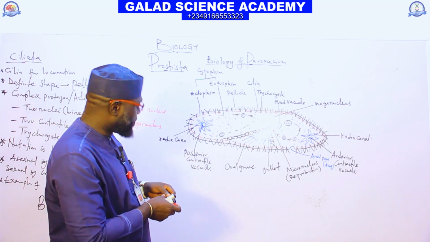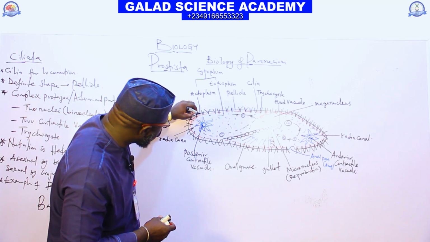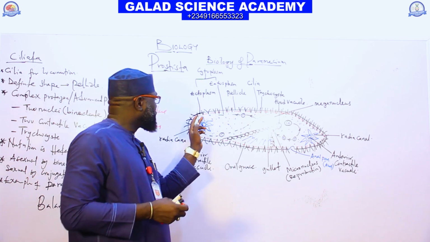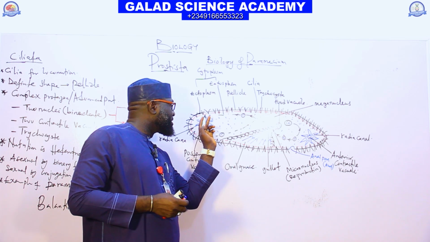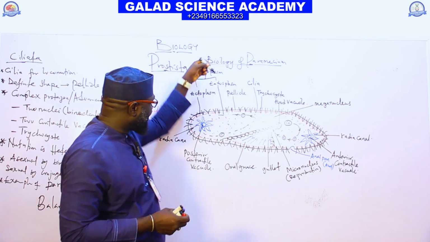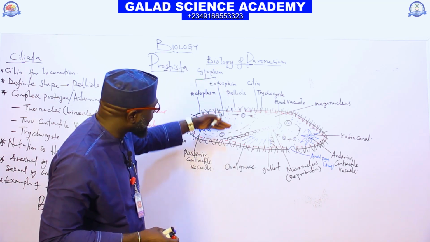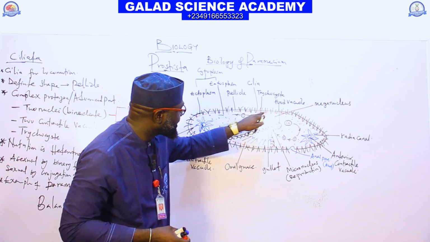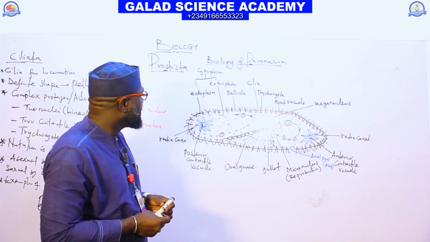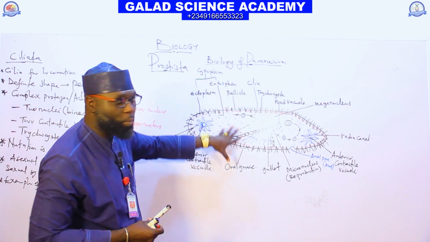Ecto is the part of the cell that is below the pellicle, the space between the pellicle and this red line. The body below this red line is called endoplasm. The combination of ectoplasm and endoplasm is called cytoplasm, which is